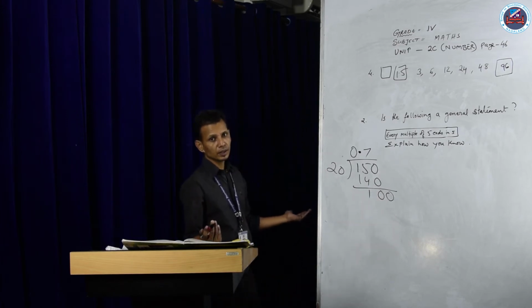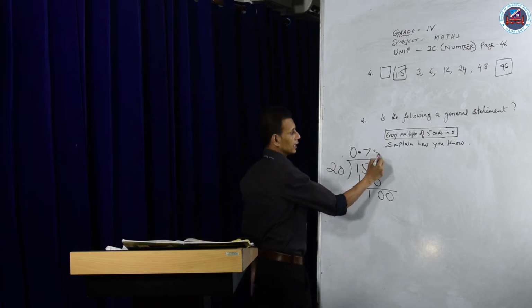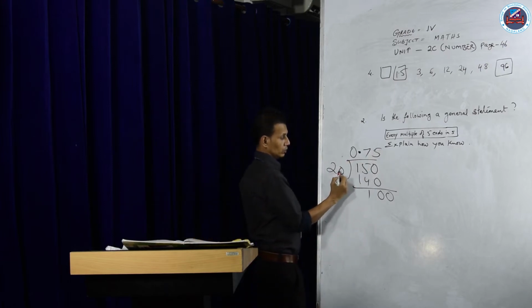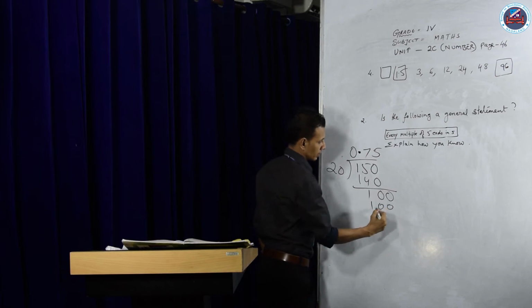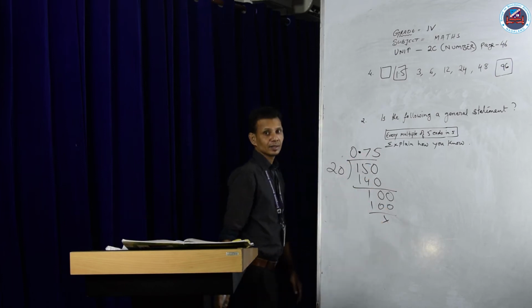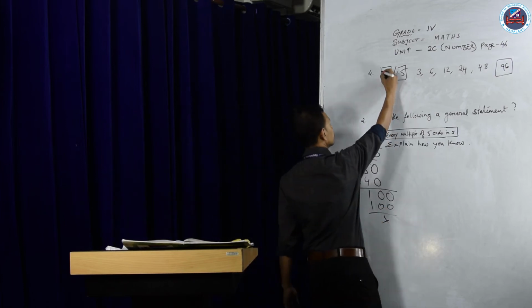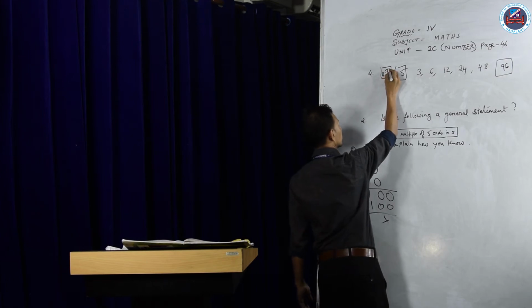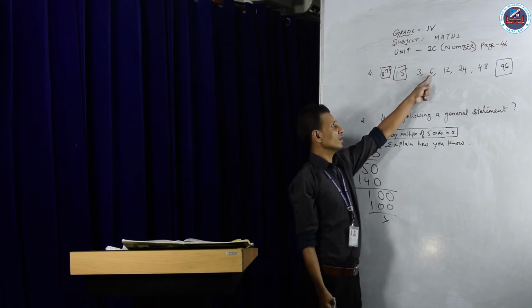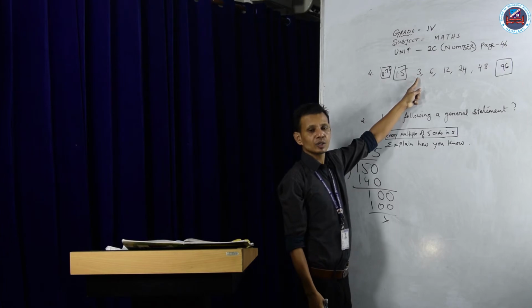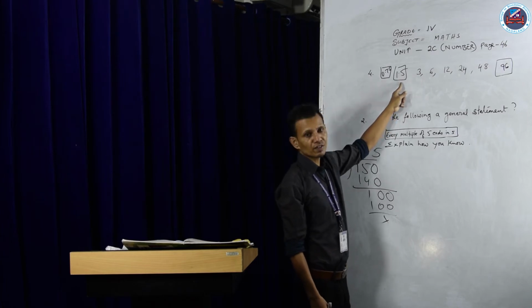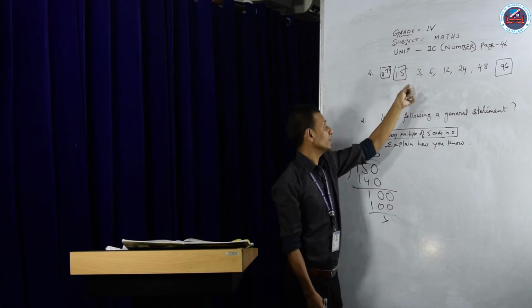It's so simple, 5. 20 times 5 is 100. So the answer is 0.75. Check: 6 divided by 2 is 3, 3 divided by 2 is 1.5, 1.5 divided by 2 is